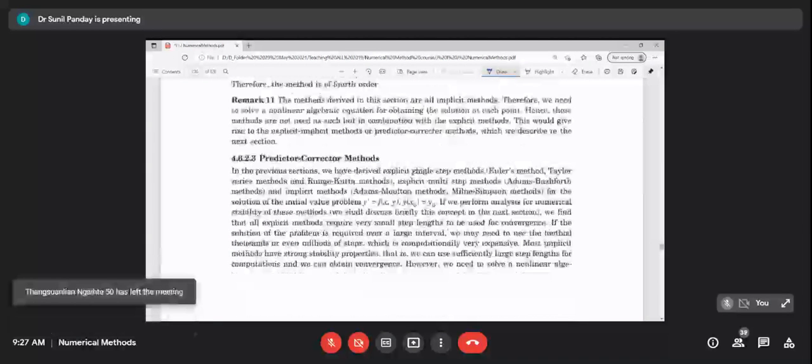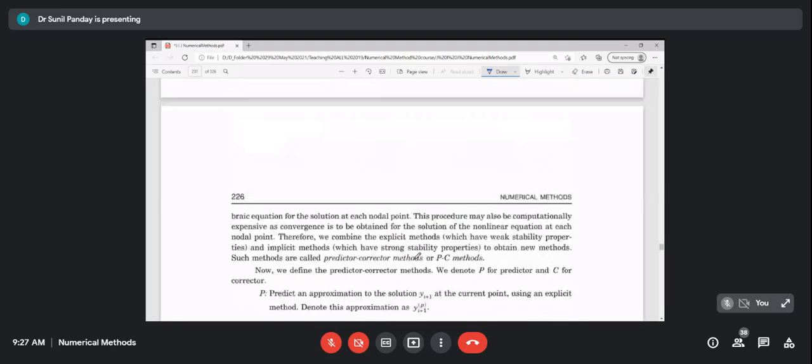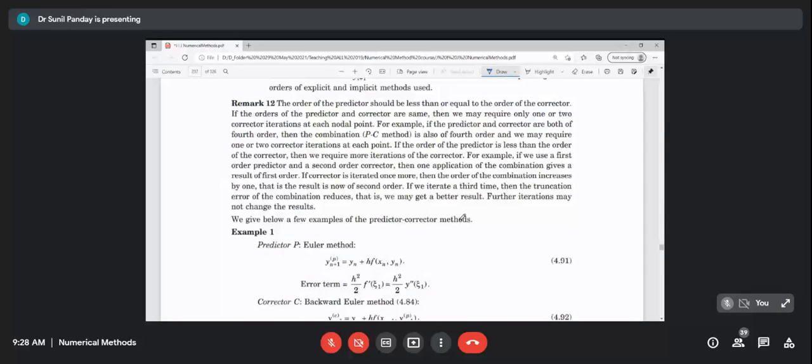So now we will talk about this predictor-corrector method. Even though we have already discussed what we do in the predictor and what we do in the corrector, this kind of notation is required. When we are using the predictor method, we apply the superscript p to represent that this one is a predicted value, and this will represent a corrected value. So this value we will calculate using the corrector method, and this value we will calculate using the predictor method.